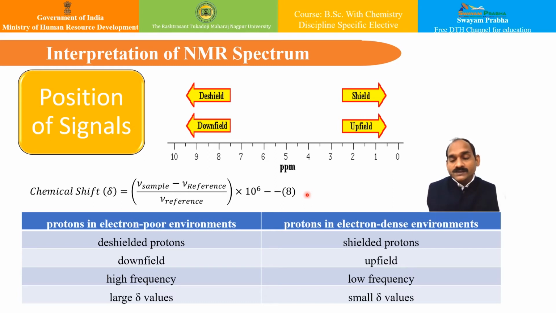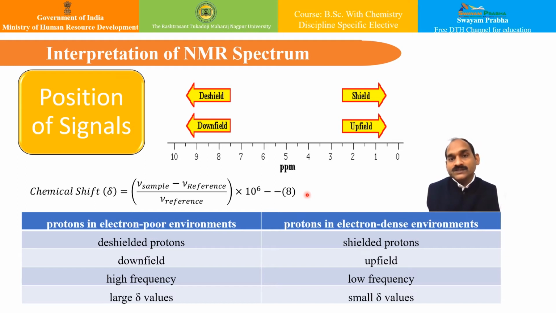So in actual practice, the frequency is kept constant, and the applied field strength is increased continuously. This is what we do while recording the NMR spectra. The magnetic field experienced by all the protons is not always the same. It depends on the electronic environment, isn't it? We can understand the proton is not open. Actually, it is surrounded by an electronic cloud, and the electrons in a molecule produce their own field around the proton, which is called the secondary field or the induced magnetic field.